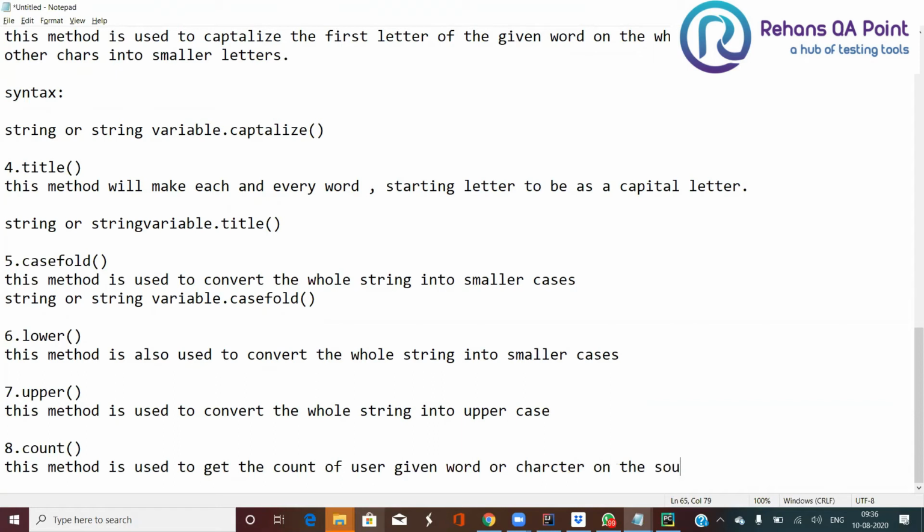If you want to count how many times a particular word or character got repeated, to check that count, we'll be using the count method.